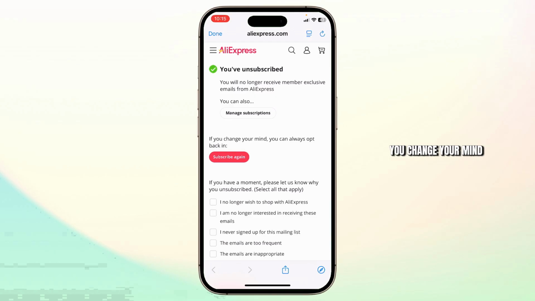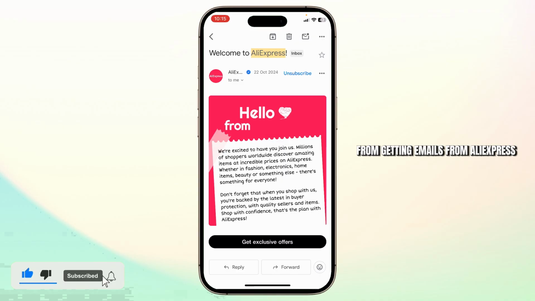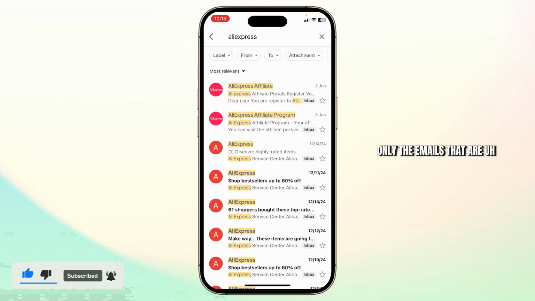And you can see if you change your mind, you can always opt back in, but we won't be doing that. Unsubscribing will stop you from getting emails from AliExpress, only the promotional emails and stuff like that. You will sometimes still get verification emails whenever you try to verify. And yeah, that's how you